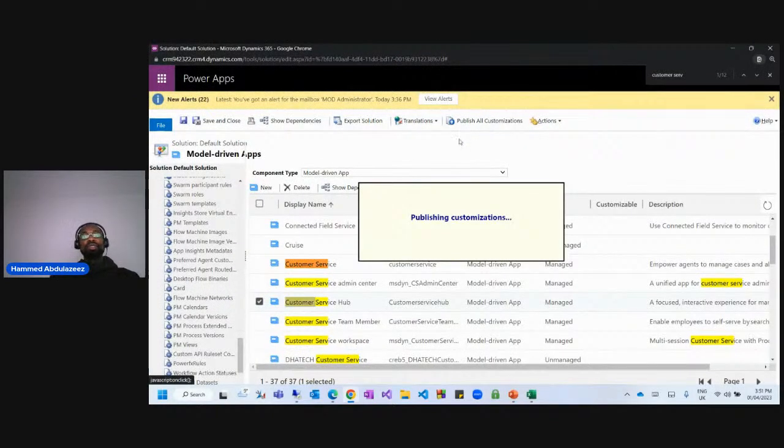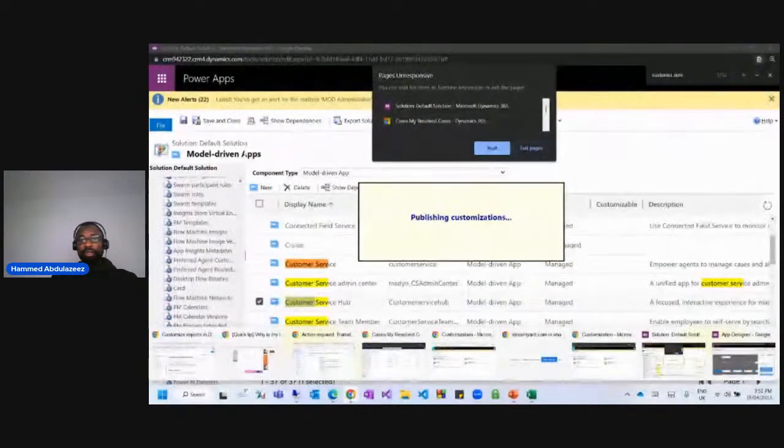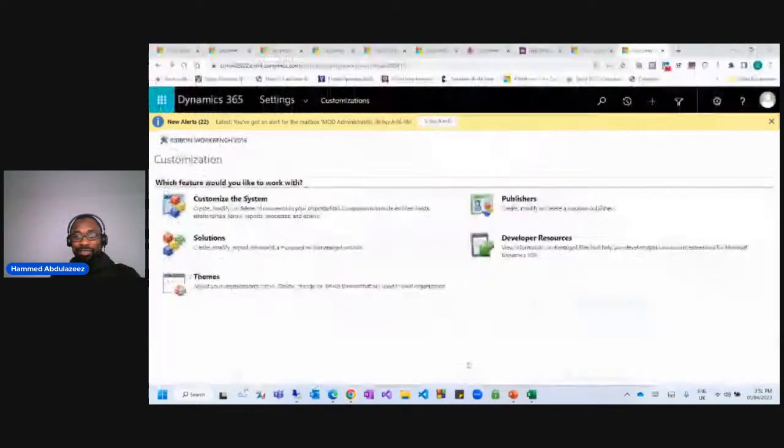Sometimes when you publish all customizations it can also do some magic. I think it's happening because of too many apps, too many tabs I've opened. While this is publishing, I can quickly go to